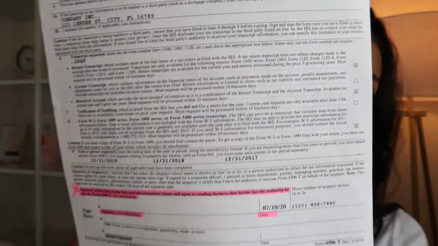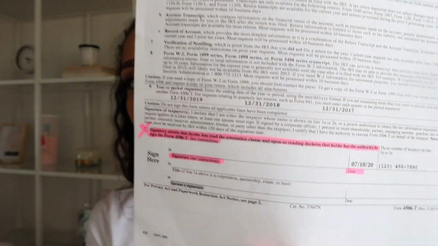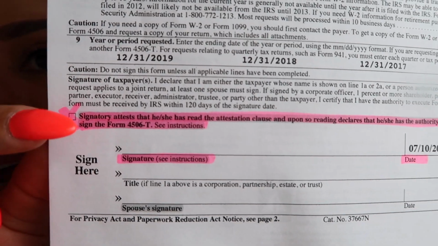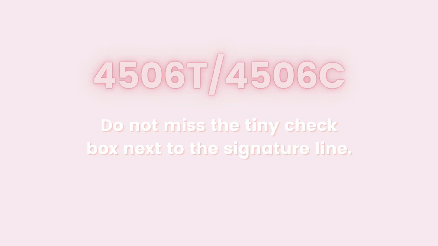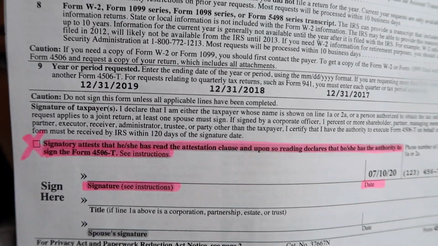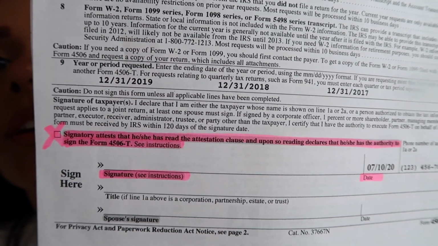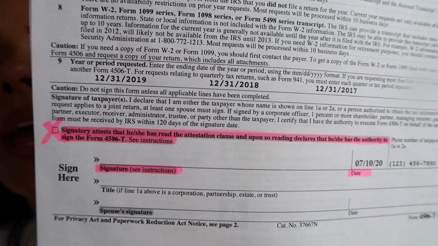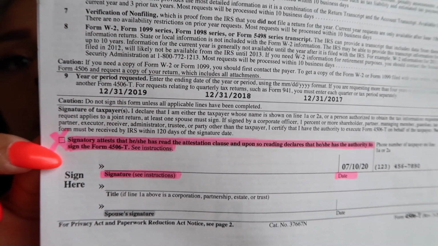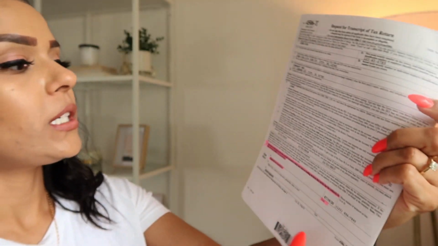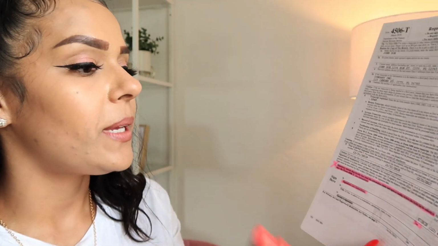The tiny but costly error that signing agents make on this form is right here. This highlighted X that I put on this form for you shows the most common error that signing agents make. They don't have their borrower check or X this box. And the reason why that is so important to make sure your borrowers check or X the box is because this is an attestation clause.